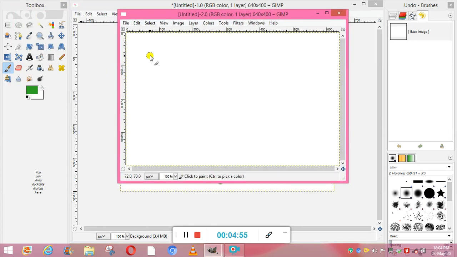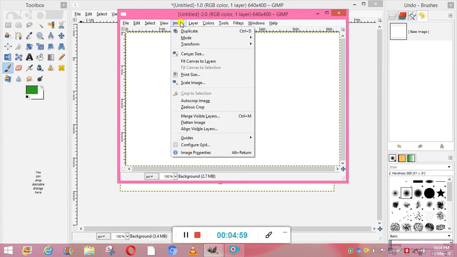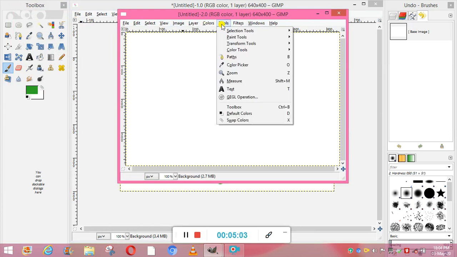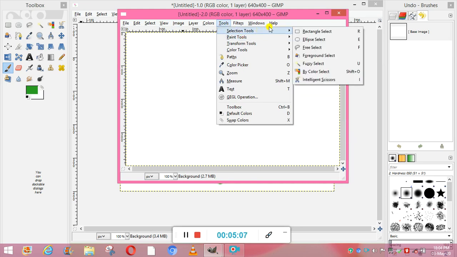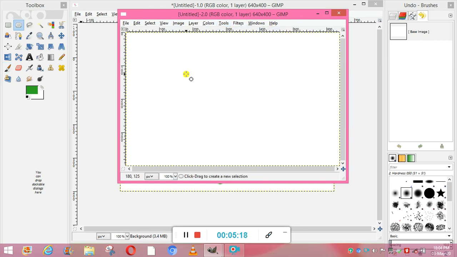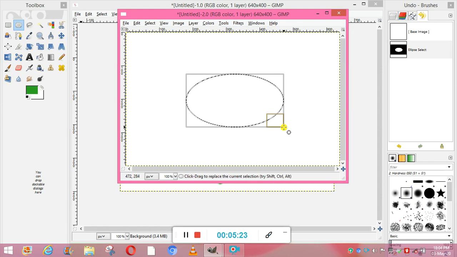In this file we are going to the image window here, then you will go to the tools menu, from here you will click the selection tools and you can take any shape like rectangle, ellipse, free select, foreground select, etc. So suppose I'm taking the ellipse shape. Now I'll draw this shape here. Okay, so the shape has been drawn.